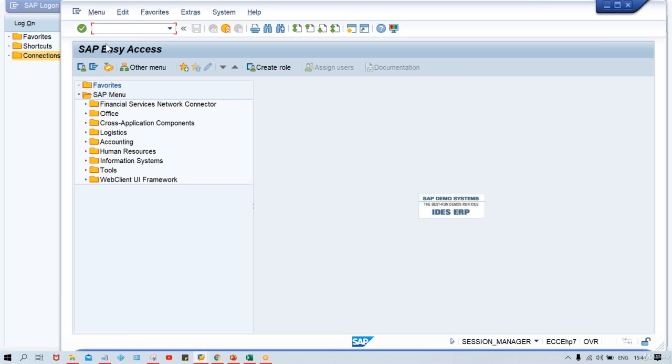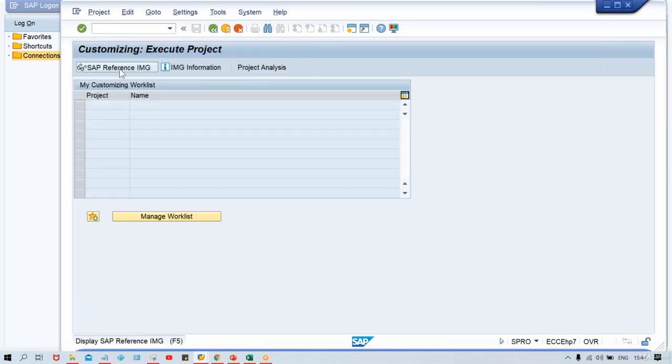Now here I'll tell you guys, or even in the previous session also, I told you that you can use path or transaction code, whichever you feel easy. In case of withholding tax configurations, we talk about the involvement of transaction codes. Here transaction codes are going to be routed through a table and also it's very difficult to remember the transaction codes and all. Now here simply we are going to use path, use SPRO first,